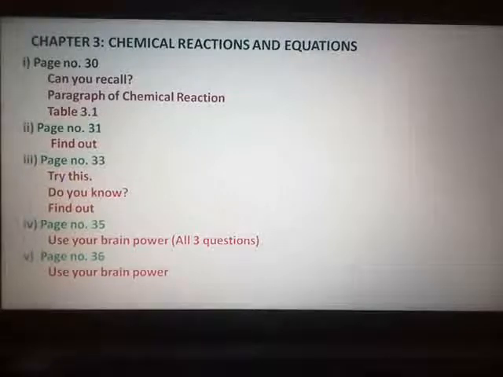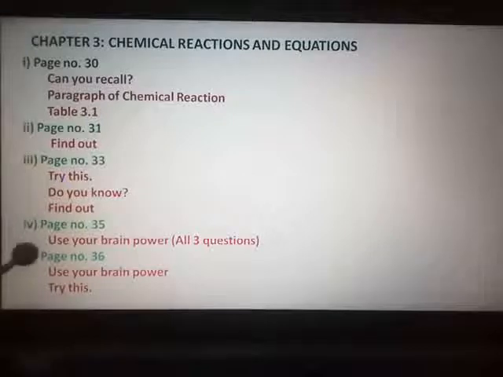When 2 or more reactants combine, that is a definition of combination reaction. So that you have to study, don't remove it. Below that you have one small try this activity. That activity you have to remove. Again equation 15, that is the decomposition of sugar. That equation you have to study. Don't remove it.